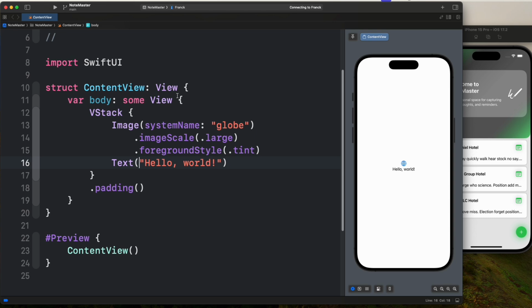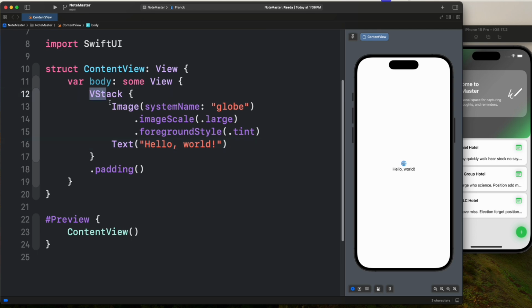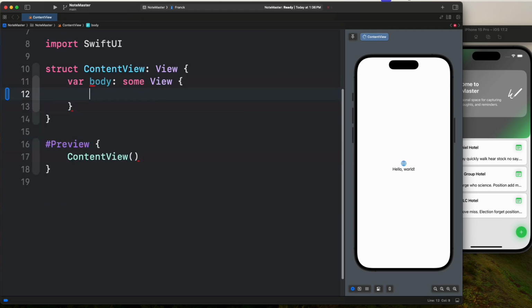Okay, here we have our empty project, okay, and we have our finished app for our reference, okay? And as I said, what we want to do, we want to build this gradient part, okay? So how do we do this? In order to do this, what we can do, we can start by adding a rounded rectangle, okay? And then we will add this gradient part, okay? So let's do that. So here, instead of this VStack, what we can do, we can simply remove this VStack